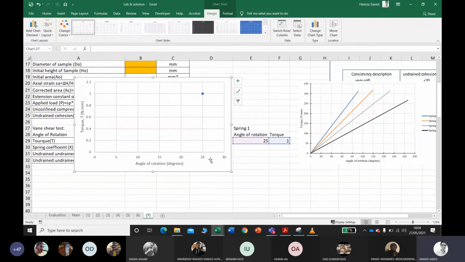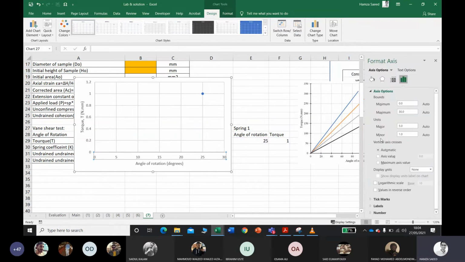First of all, what are the limits of the axes? The limit of the x-axis is from 0 to 200. So double click on the x-axis and set the limits from 0 to 200, and the major units should be 20 as in the calibration chart.